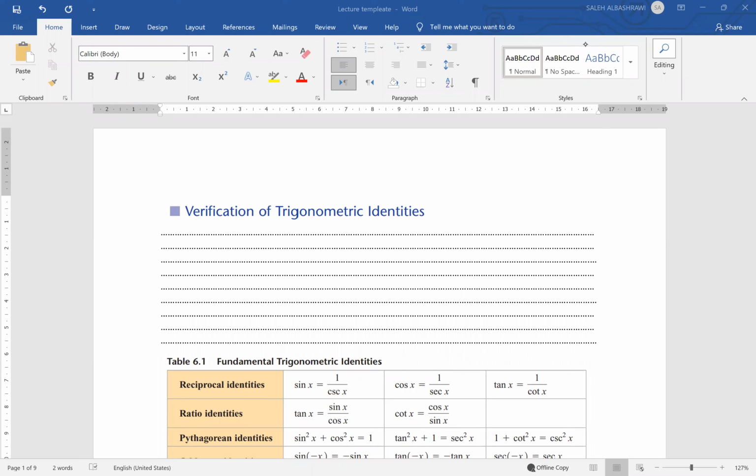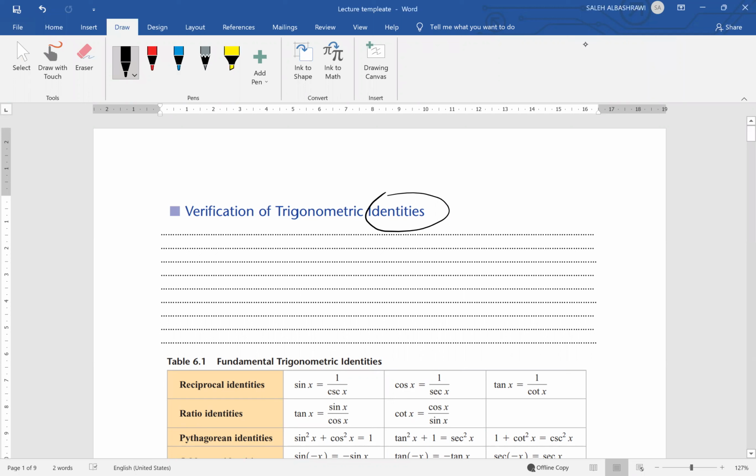In this part, we are going to speak about the verification of trigonometric identities. To start with the definition of the word identity first, then we go for the verification. Identity, it is a type of equation. For the equations, we have three types, or I can say three cases. The first one,